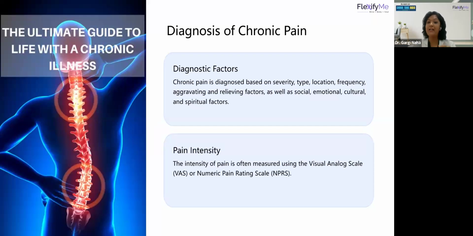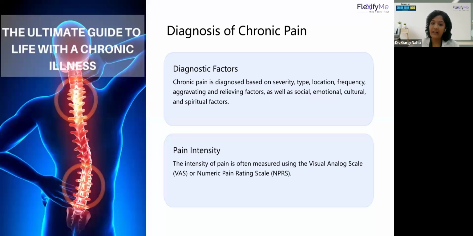So that's why understanding your pain is very important. We need to understand the aggravating factors, what increases your pain, so that you don't perform those activities which aggravate your pain. Give the area rest. What are the relieving factors? Follow those relieving factors. Sometimes your back pain might relieve when you lie on your stomach. So that gives the therapist or the physician an indication of what kind of pain it is.